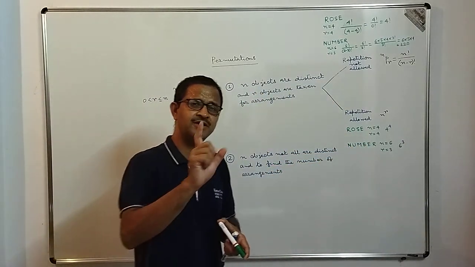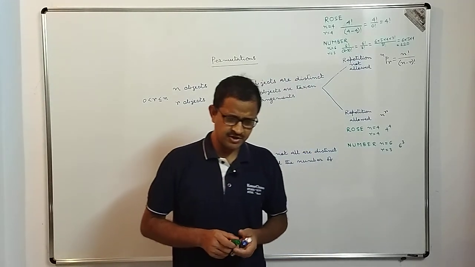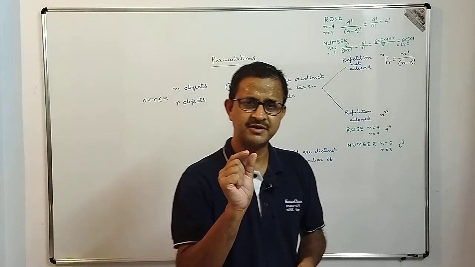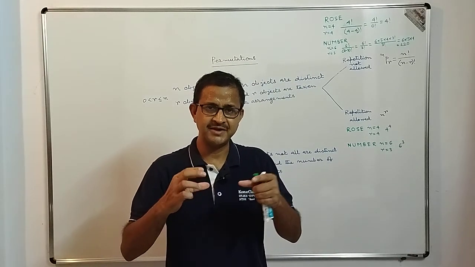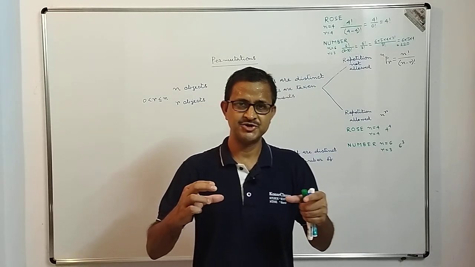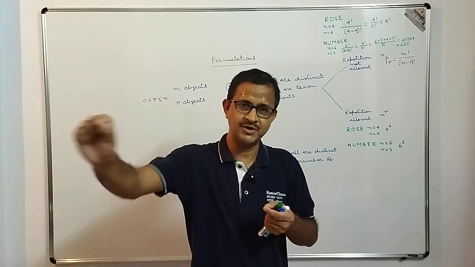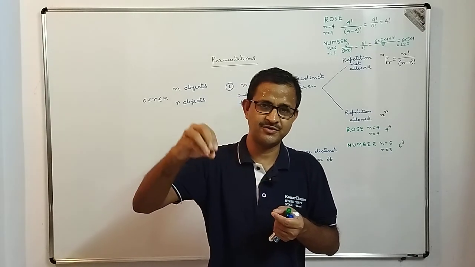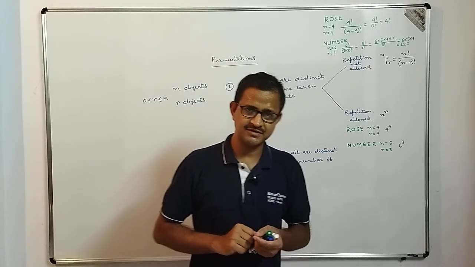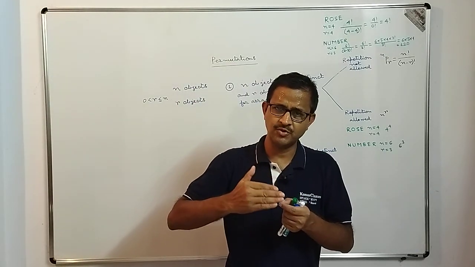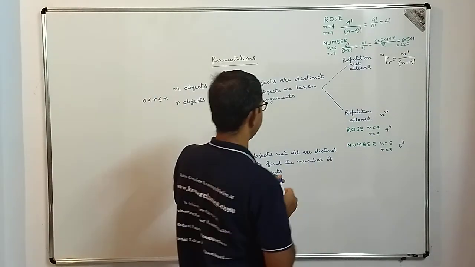Now there is a very easy way to remember this kind of arrangements. Let me give you an example. Suppose your parent gave you 7 envelopes and told you that when you are going from home to school, you can drop those envelopes into the letter boxes. How many letter boxes are there? Suppose you find that from your home to the school there are 5 letter boxes. Okay, so let me write it here.